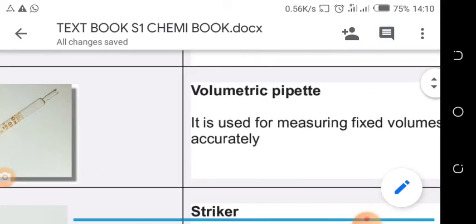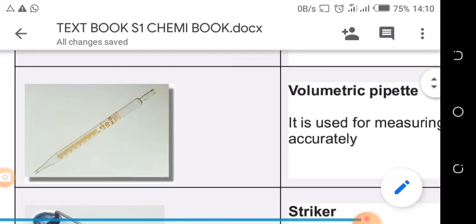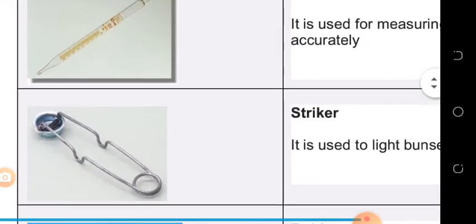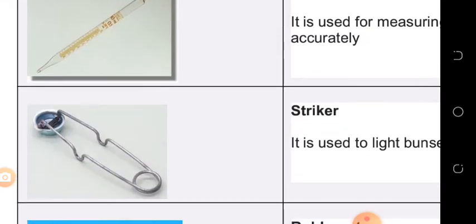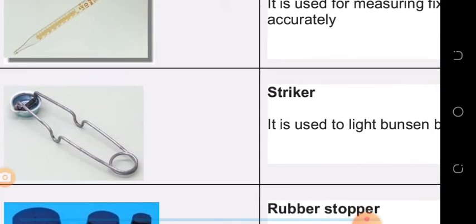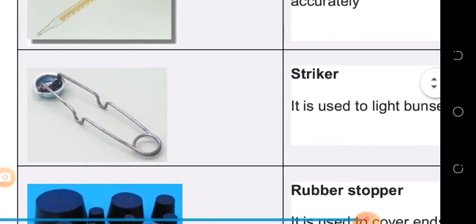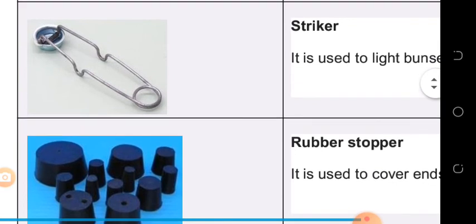Volumetric pipette: for measuring a fixed volume of a liquid accurately. So it has a fixed volume, for example, about 25 milliliters. Strikers are used to light a Bunsen burner. Very important. It can act as a matchbox, for those who know a matchbox, and it is used for lighting a Bunsen